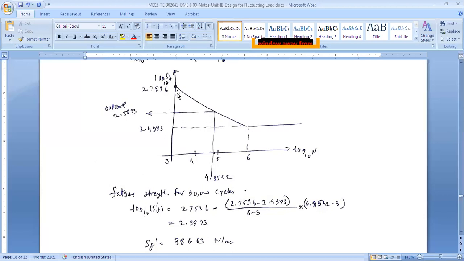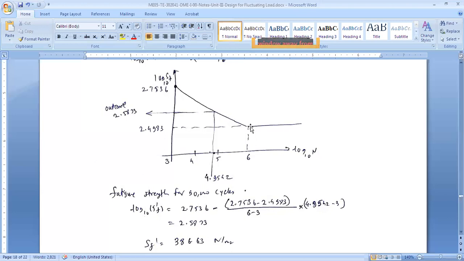Are you getting it? So slope is equal to what? y2 minus y1 upon x2 minus x1, right? That is the slope. I will repeat again: the slope of any inclined line is y2 minus y1 upon x2 minus x1. To calculate any point y, we do slope into x, because y upon x is the slope. So first we have to calculate the slope and then simply multiply. Very simple, right? How can we calculate the slope?